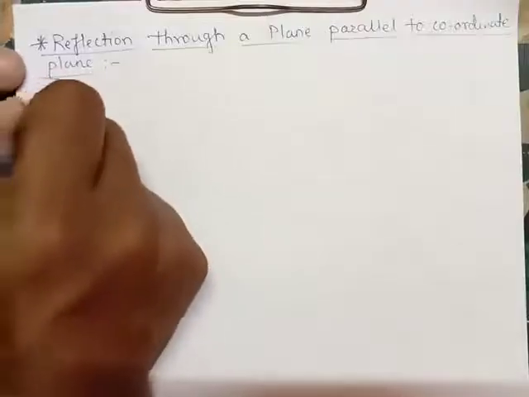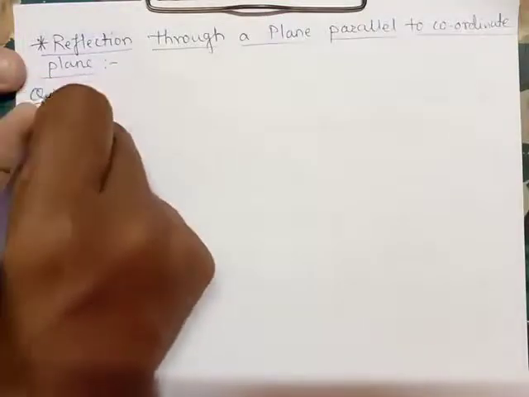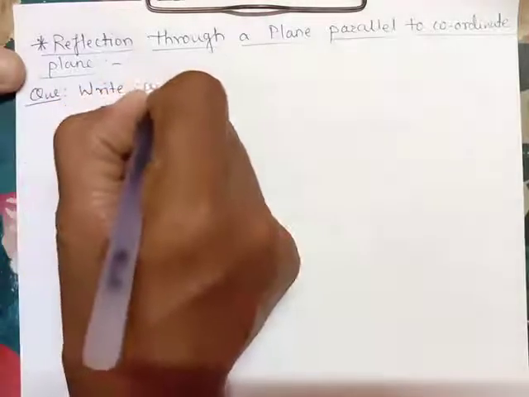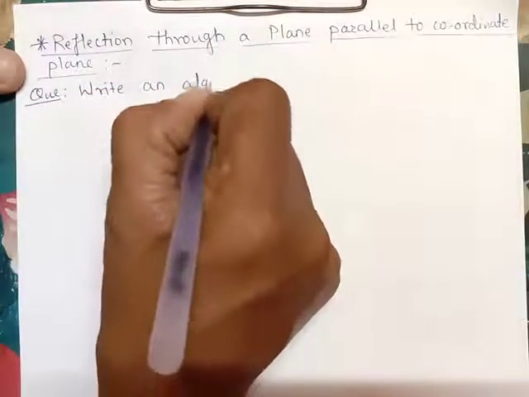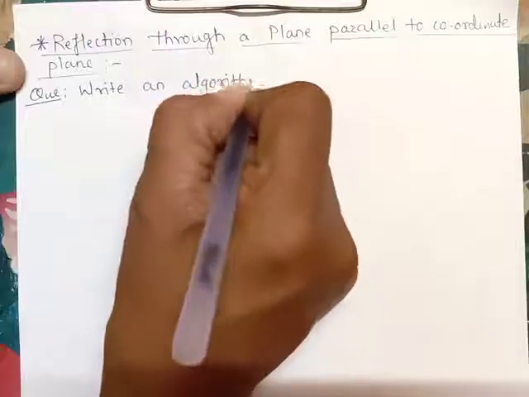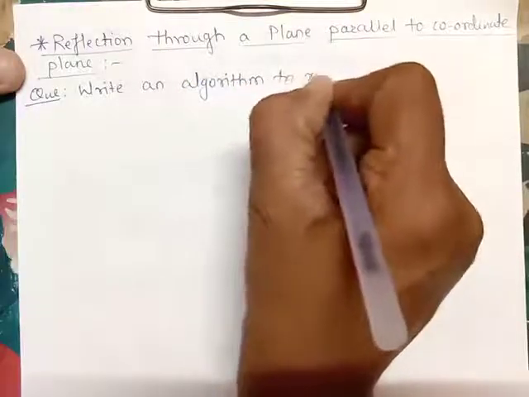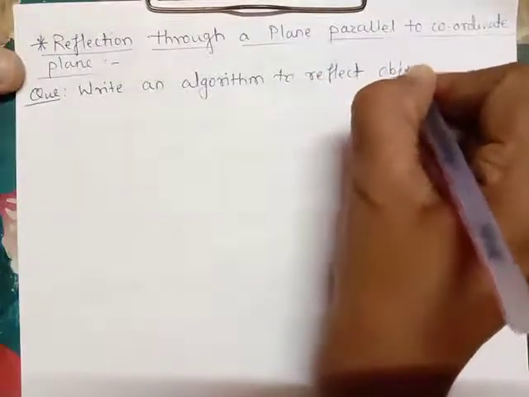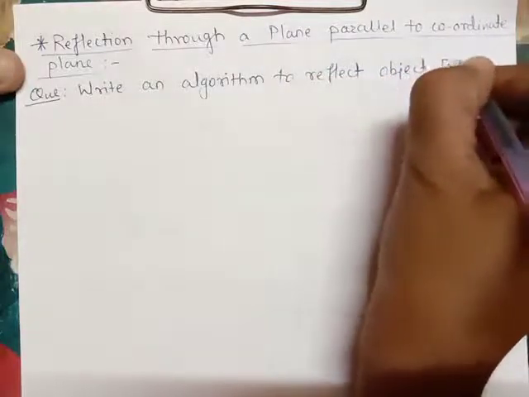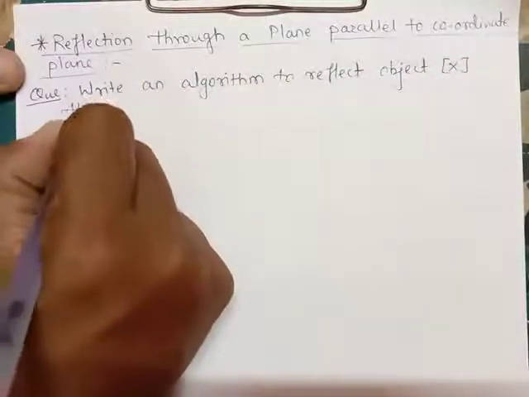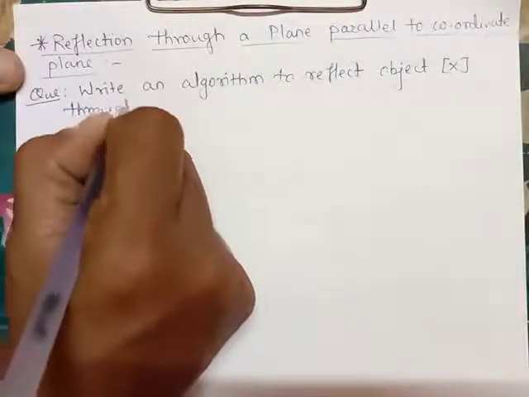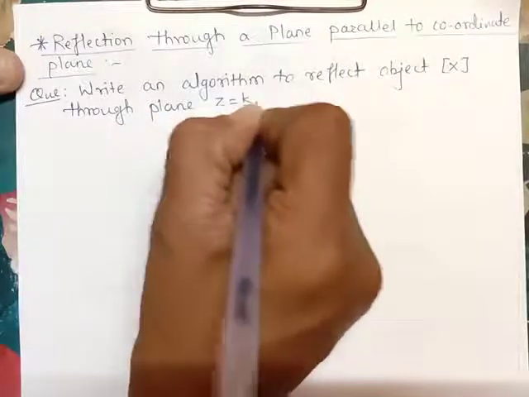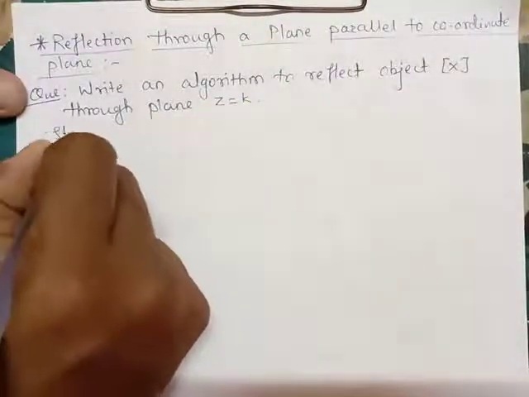Now let us write the question for that. The question can be asked as, write an algorithm to reflect object X through plane z equal to k. So step 1